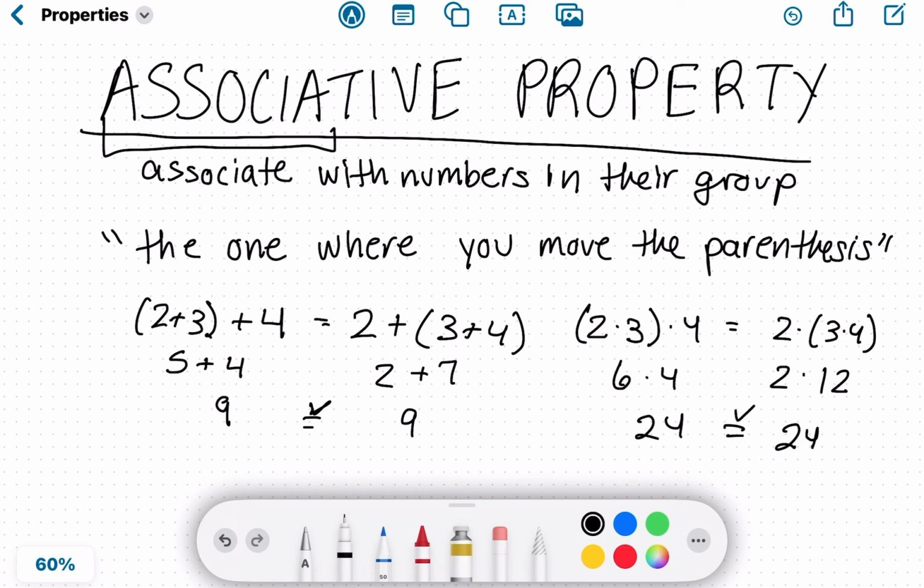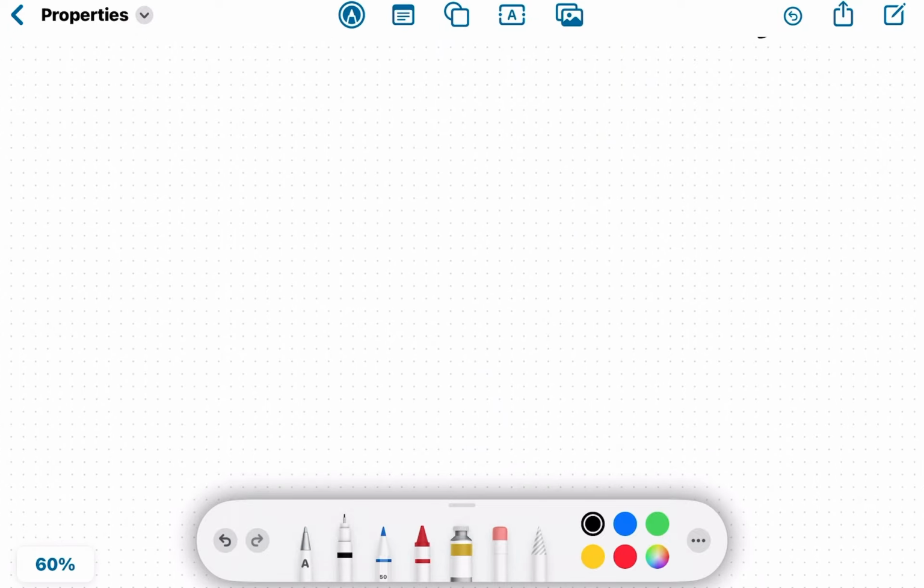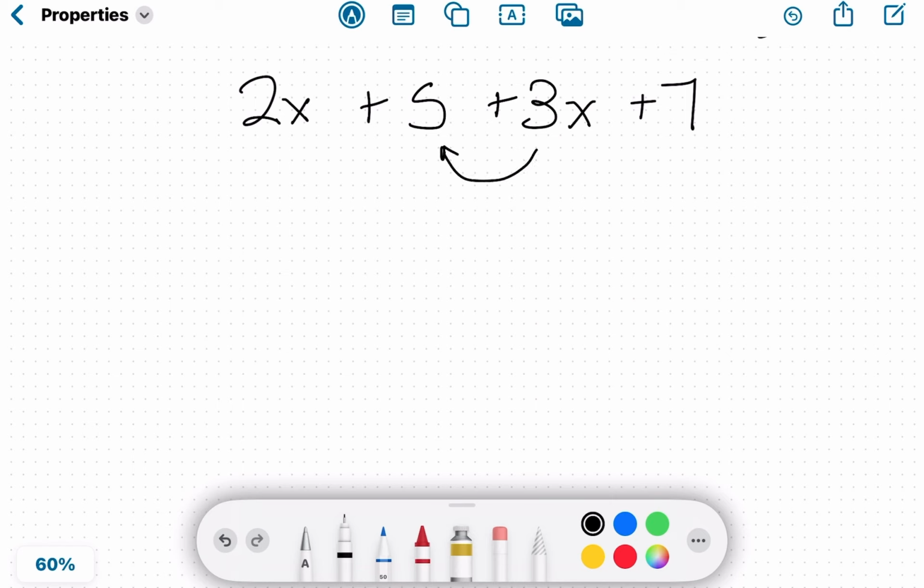Now, that was all you needed to know for the properties, and I explained what they do, how they can be applied, and which operations they apply to. Now let's take a look at simplifying an expression to see where they come in handy. Let's do 2x plus 5 plus 3x plus 7. Now let's simplify this by combining the like terms. We could first switch 5 and 3x, now making it 2x plus 3x plus 5 plus 7, and this is